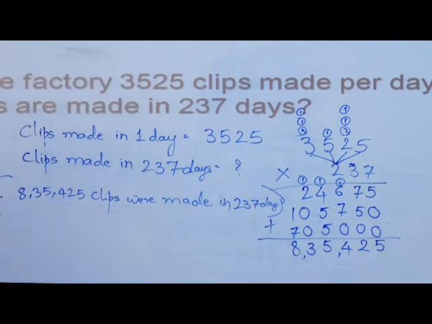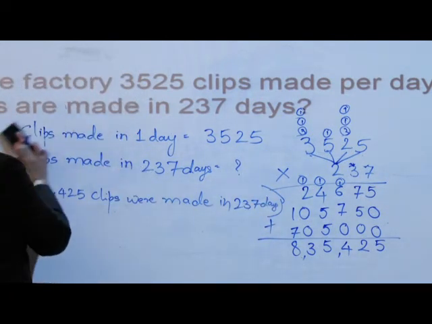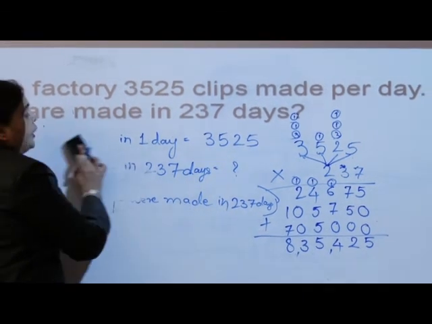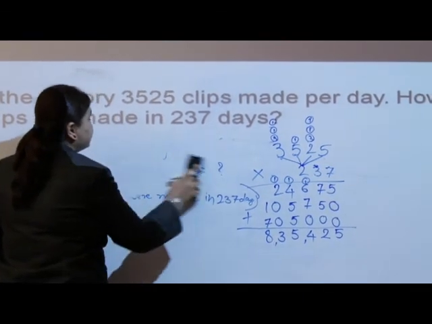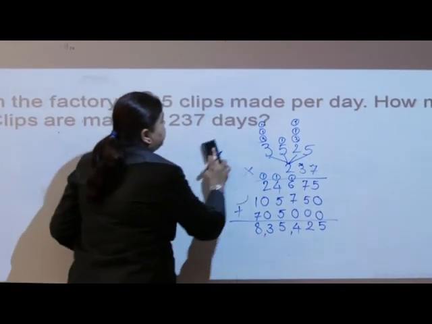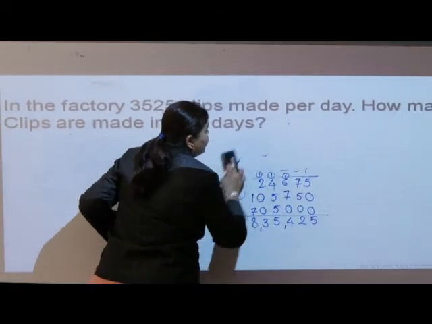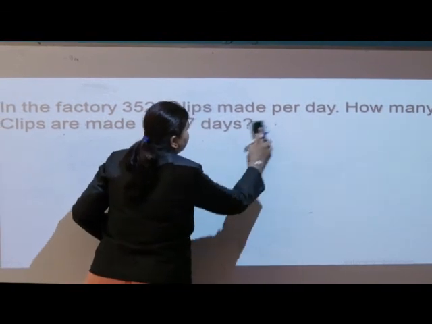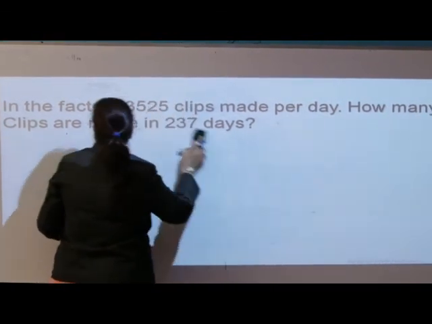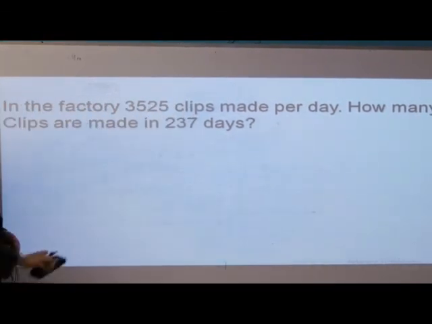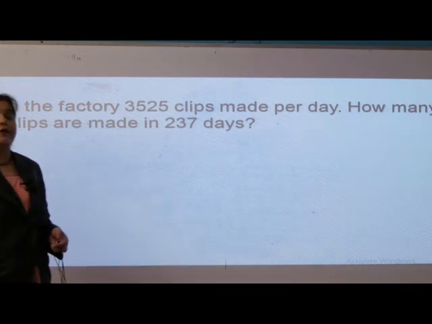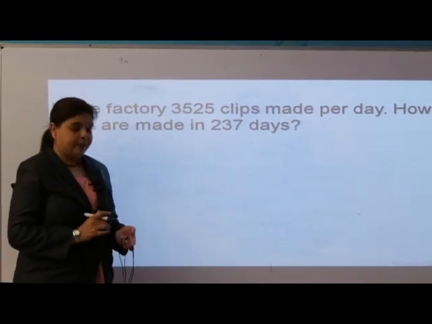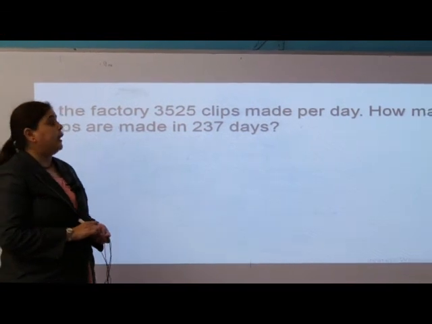Have you understood? So what we have to do? We have to read the question slowly. We have to try to understand what type of operation is there, and then we have to find out the operation, and then we have to substitute the values and try to solve whatever the story sum is given to us. My dear students, I think everyone understood what we had done. We had seen multiplication, simple multiplications.